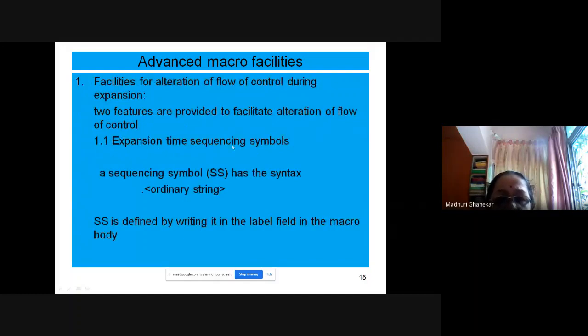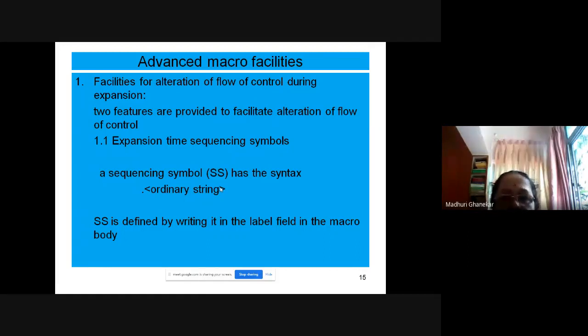Expansion time sequencing symbols, facilities for alteration of flow of control. First thing is the expansion time sequencing symbol. What is a sequencing symbol? Nothing but a dot followed by an ordinary string. It is nothing but the label inside the macro, termed as a sequencing symbol. How do we give the label? Dot operator followed by the name of the label.